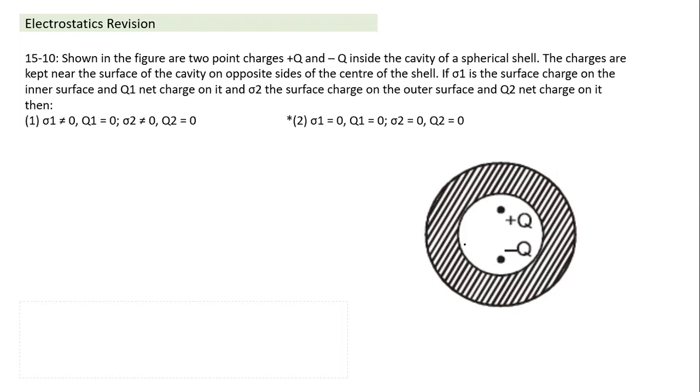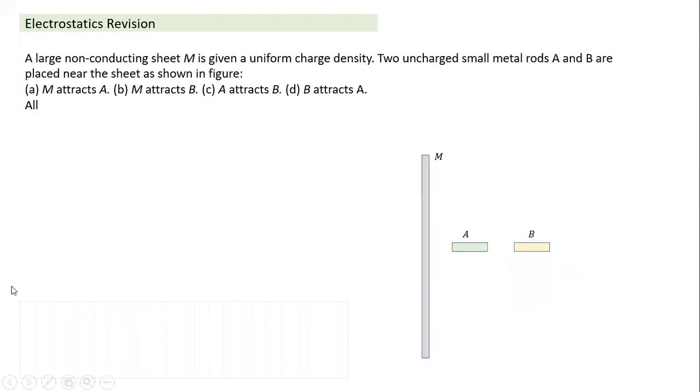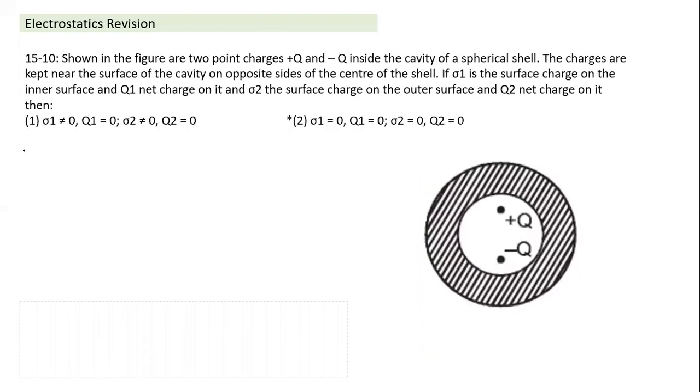I think I'll just go to basic points here. Whatever charge we place inside the cavity, the total charge on the inner surface is equal to the net charge in the cavity. So what are the points I can make a note of? First point, what you notice here: I've sent a short note to all of you. The net charge on the inner surface is equal to the negative of the sum of charge inside the cavity.